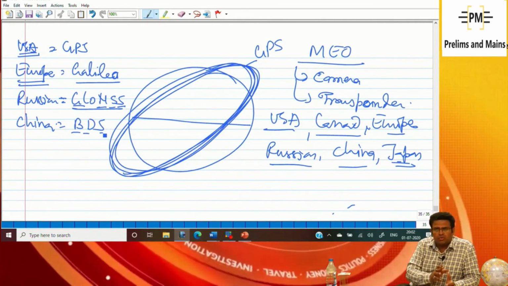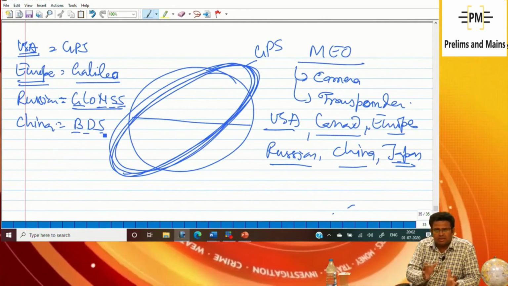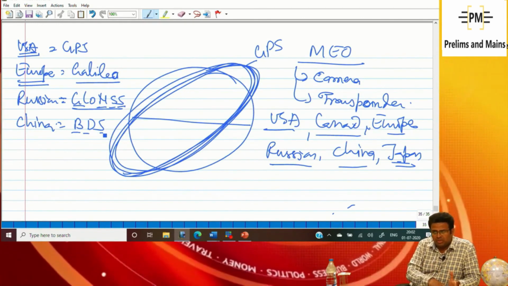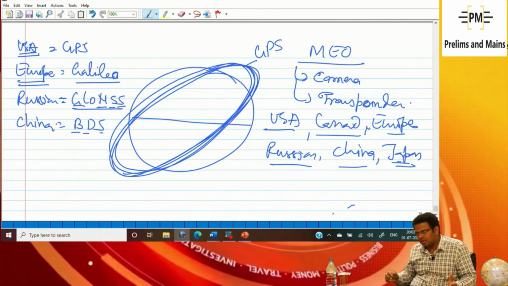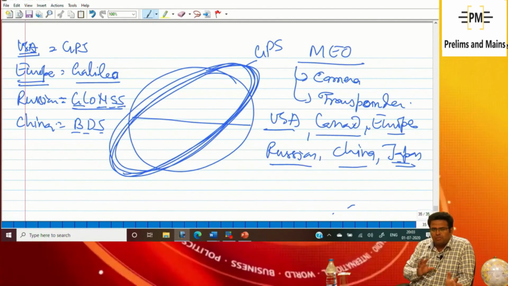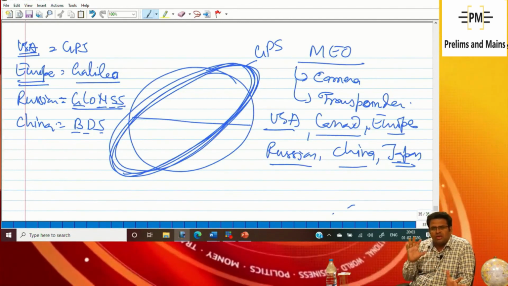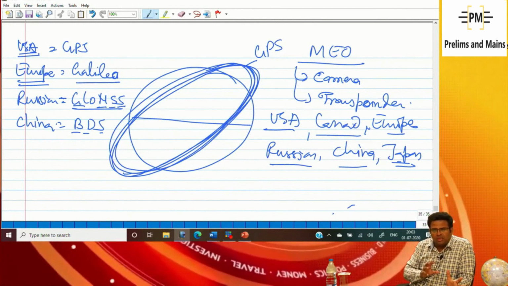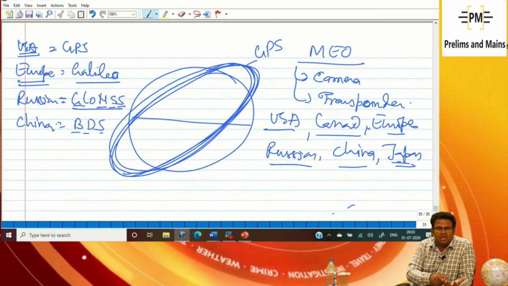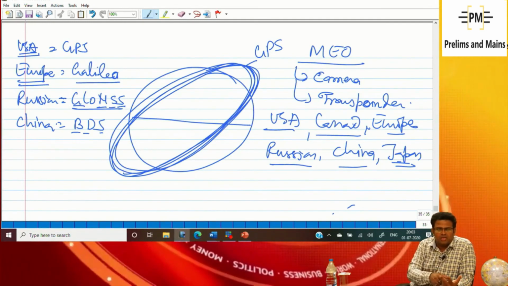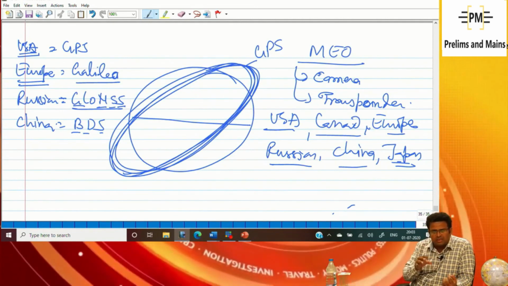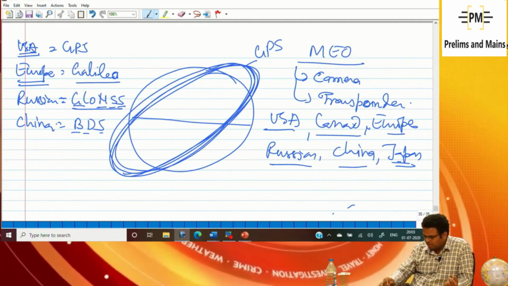And they need better signal to cover their country. Better signal, and pictures also, yes or not? You know, better signal and better picture, meaning good signal and good picture, not necessarily the best. So good signal and good picture can be possible, and these are not small areas. USA is a large area, Europe is a large area, China is a large area. So they say that if I am sending my satellite,